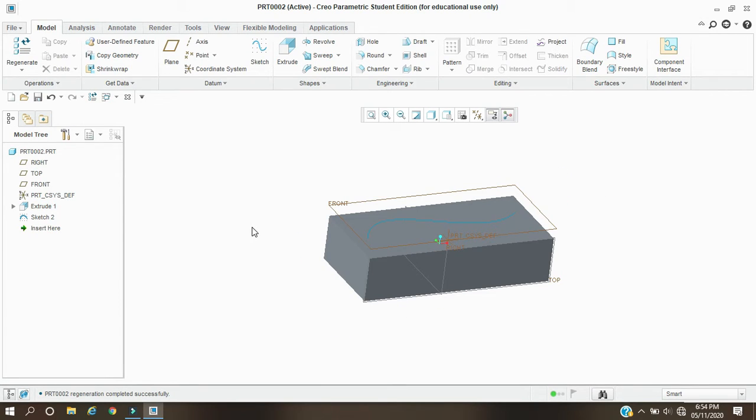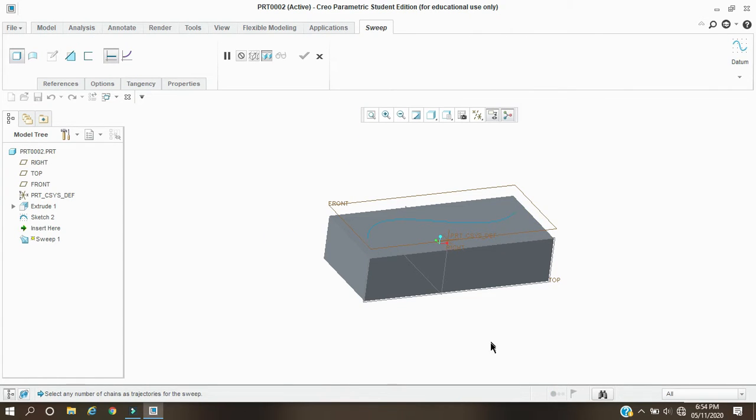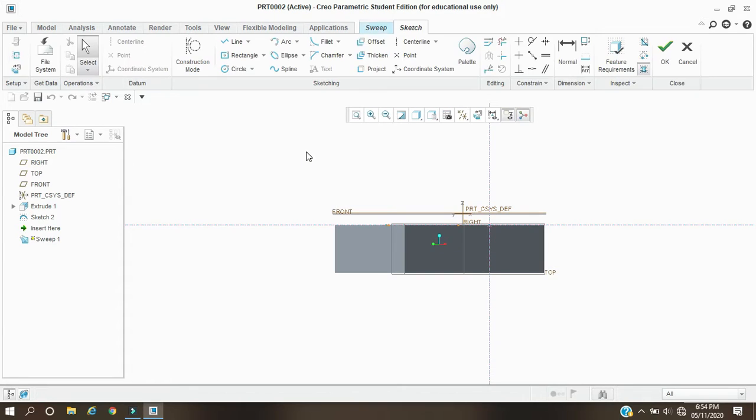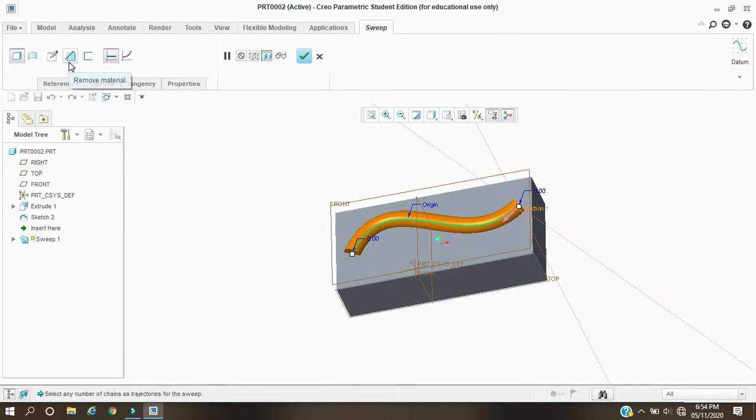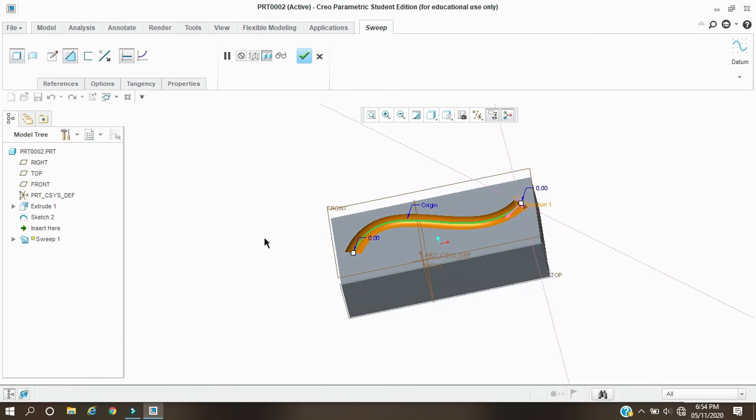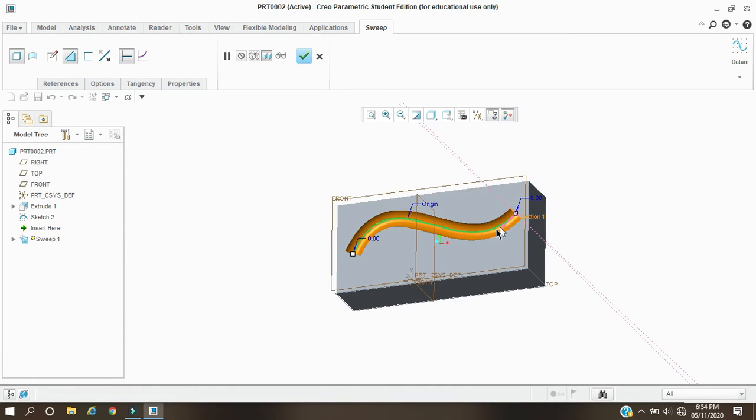Now we are going to see the sweep material remove. For that I have already drawn the guideline, and now we are going to draw the cross section. For a solid we must draw only a closed cross section. For that I am using a circle as a cross section, for example 75 mm diameter. Click OK after that and click this button, that is remove material. And now you can see the material is removed along this trajectory and the cross section is followed